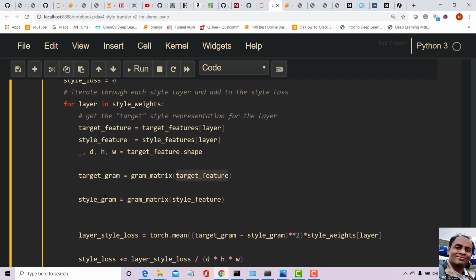So let's say in my image, feature 1 is correlated to feature 5, feature 3 is correlated to feature 10, different types of correlations within the image. That's what the gram calculates, and that's what captures the style dependencies within an image. And we need to basically find a loss with respect to that.